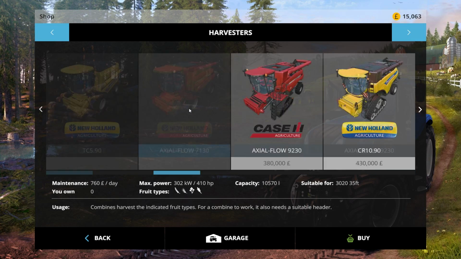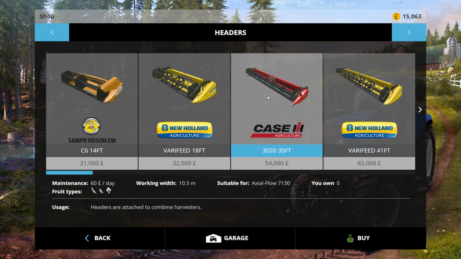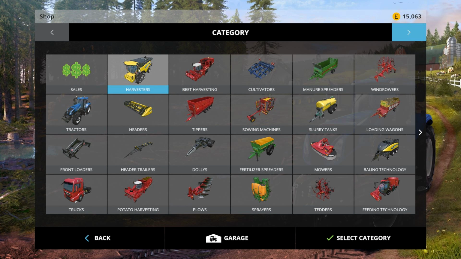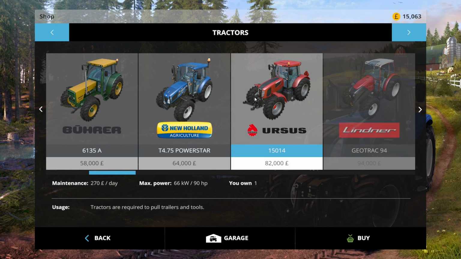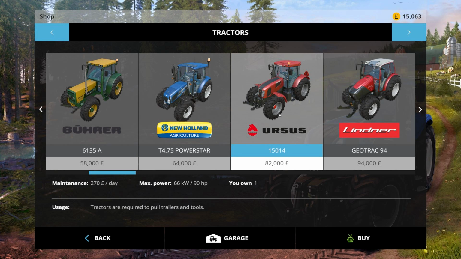It's a beast. If we go back and have a look at headers here, this is the header for it. It's a 10.5 meter. If we look at the one we have, it's 4.2, so it's over double the width. That's why I'm struggling to decide whether we go for speeding up the harvest or speeding up the sowing and the cultivation side. I think either way we do it, we're going to get a better outcome, so we have to look at